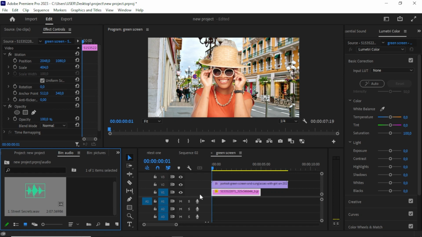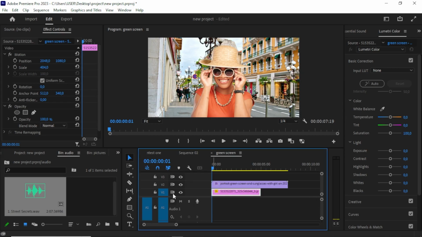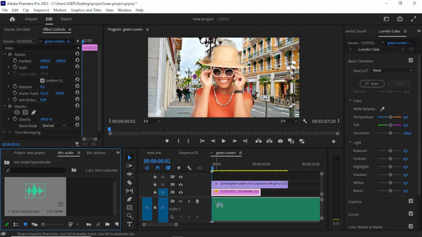First of all, we see there's a thick line here. So everything from here, this line, as you can see, this line has separated these two layers. So you can also see from here, from this handle. Everything from here down is the audio, and everything from here up is anything that you can see. So we are going to be dragging this audio and we place it down here,